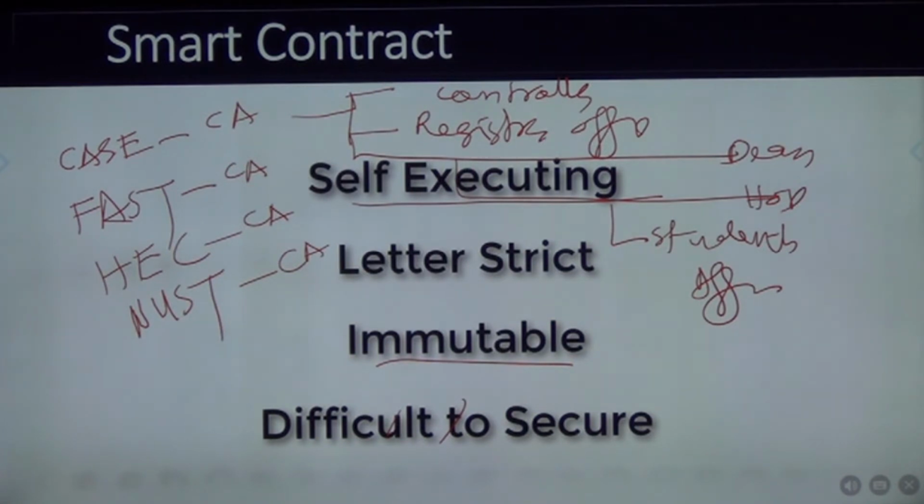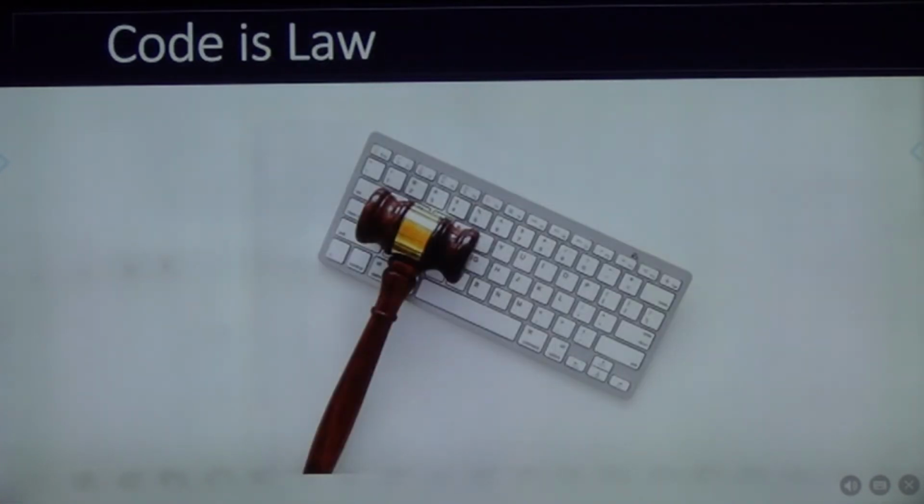You don't need to go to a CA and pay $9-10. You install a CA in the network. There may be, as I mentioned here, multiple CAs, because it's a question of validation. You may want a root CA above all of this, and that root CA may be at HEC if you want to. Otherwise, perhaps it is not required. But once you have a written contract, then you code it.